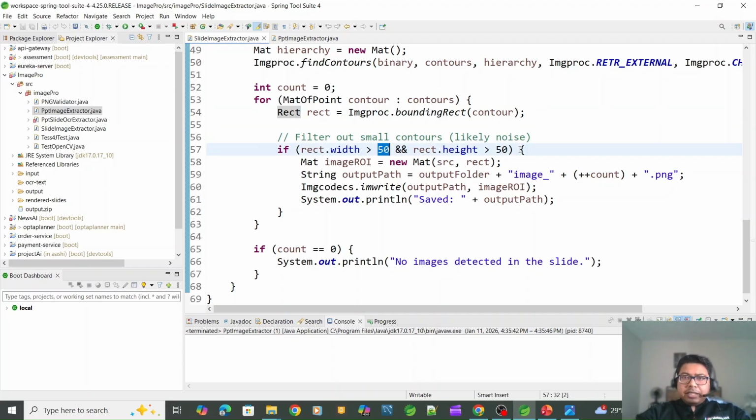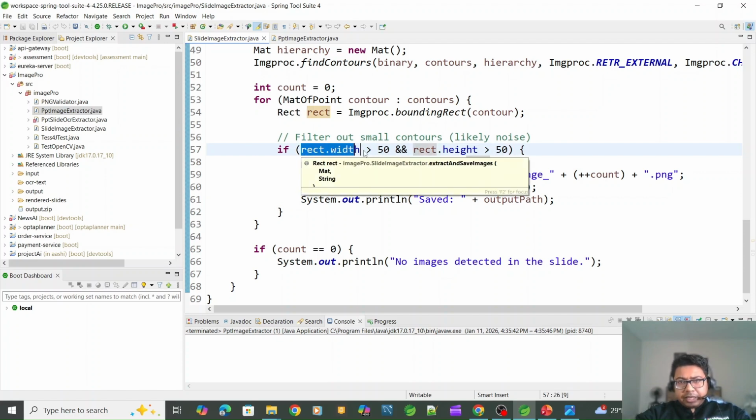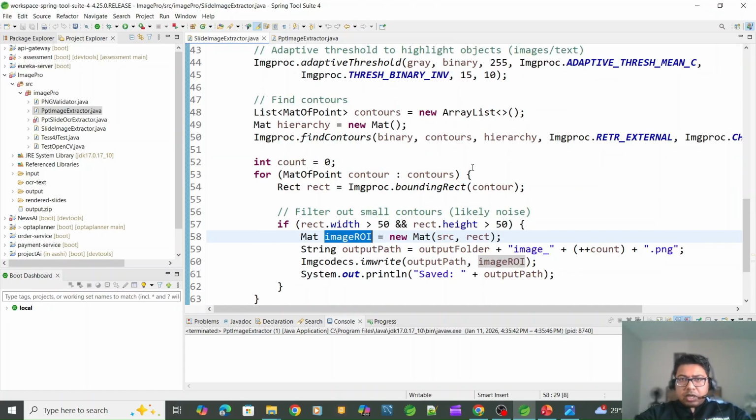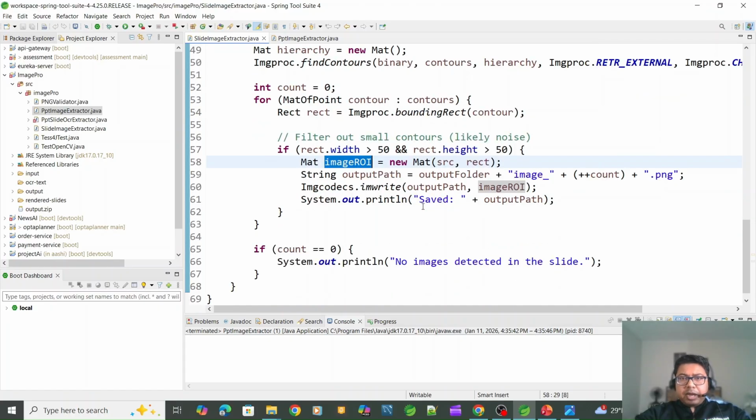So by this logic, I'm checking whether the height and the width are more than 50, and then I am treating them as a probable image. At this point I do not know if those are real images or not, but based on the logic I have explained, I am selecting those contours which have rect width and height more than 50,